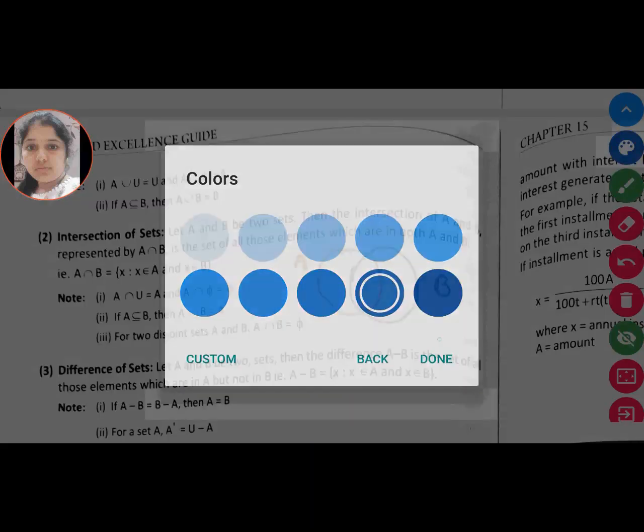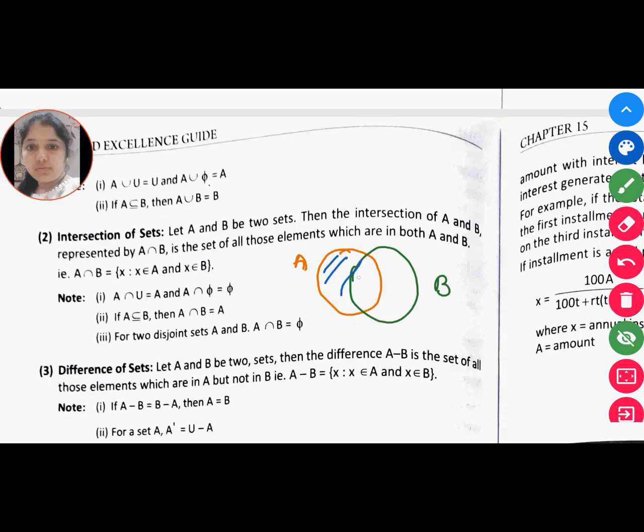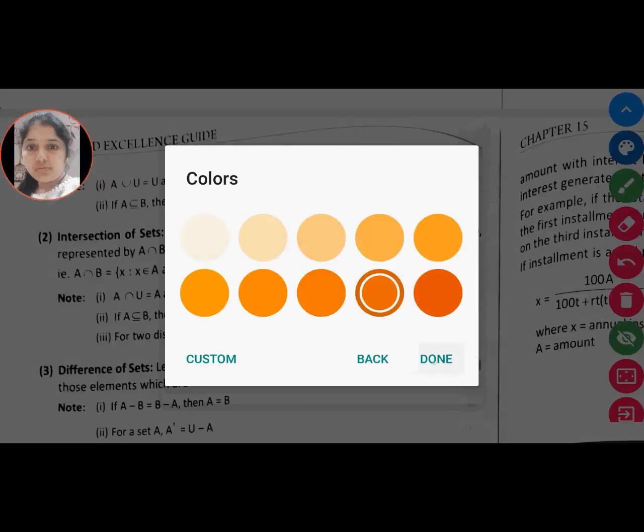Okay. Now when I say A union B means all this. Means elements in A, elements in B and elements in common. Okay. Now when I say A intersection B, then only this portion